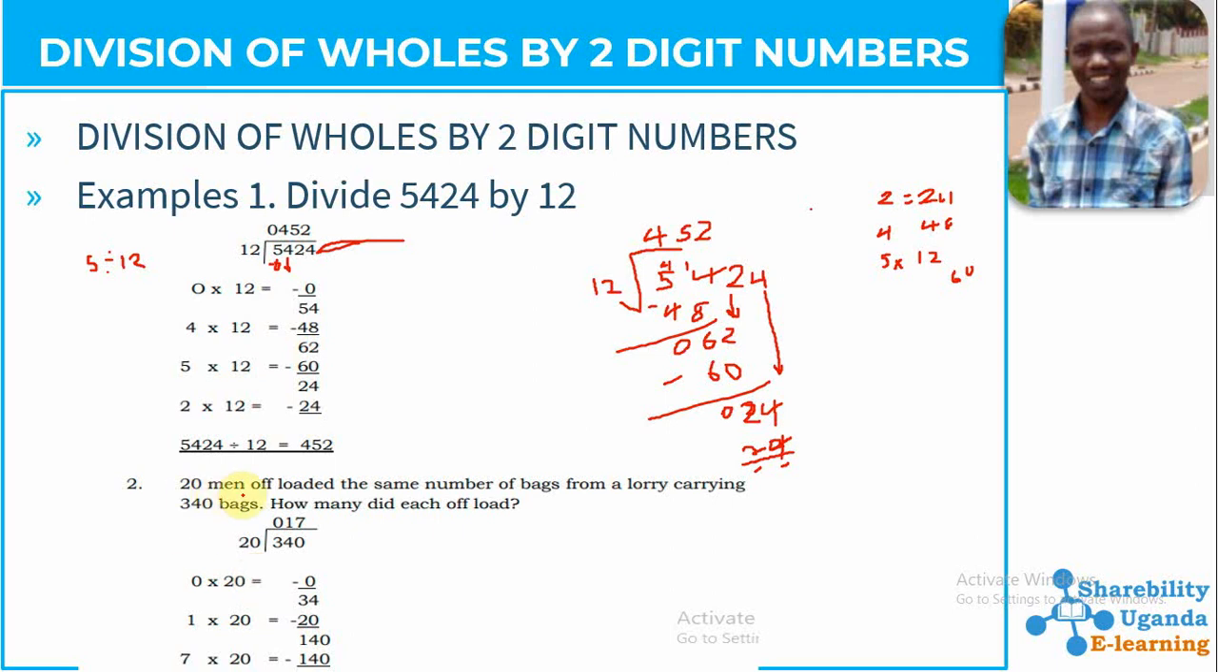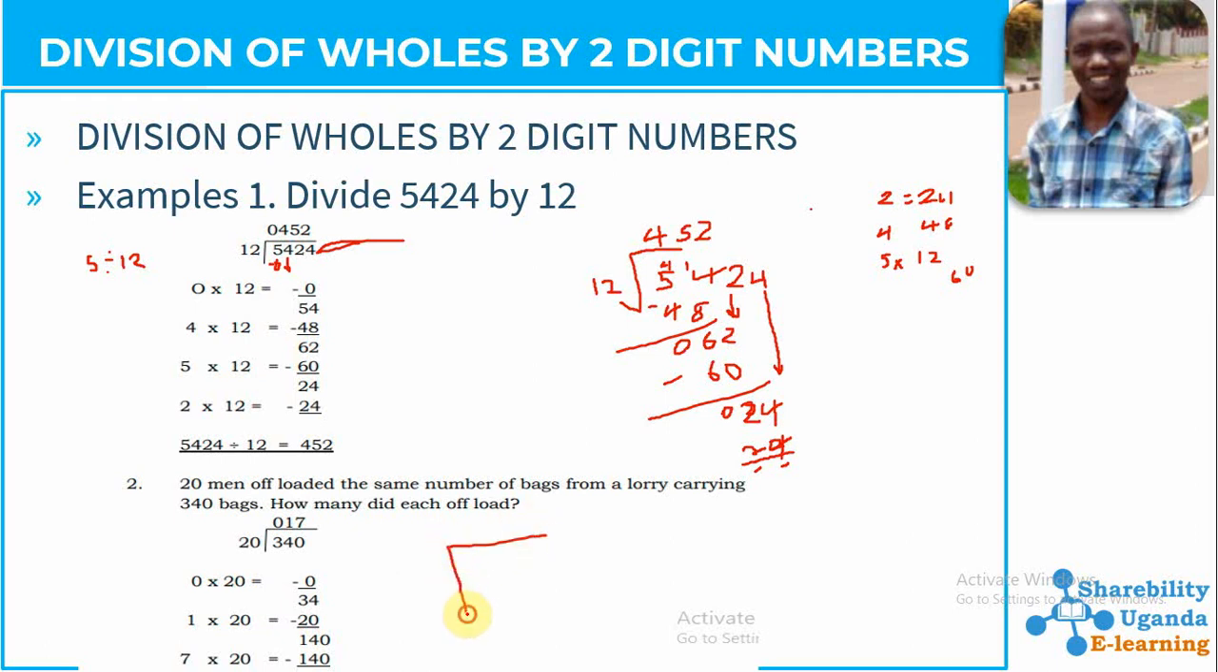They are saying 20 men offloaded the same number of bags from a lorry carrying 340 bags. Okay, how many did each offload? They are saying we have 20 men, they offloaded 340 bags. So how many did each load? So this is also still the same thing. We have to get our